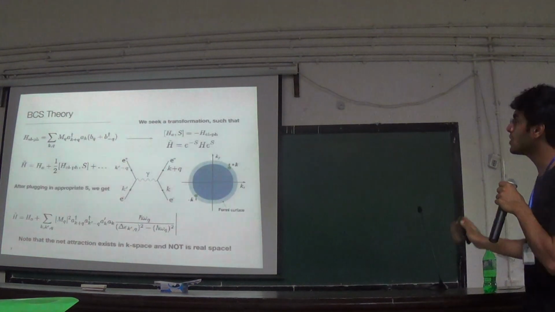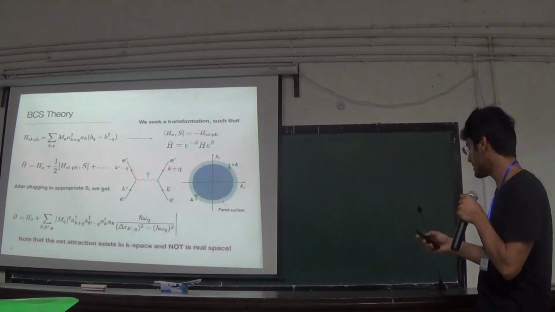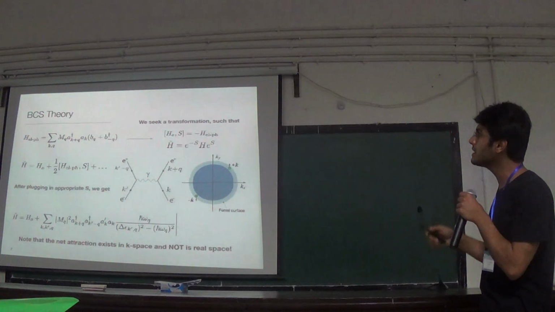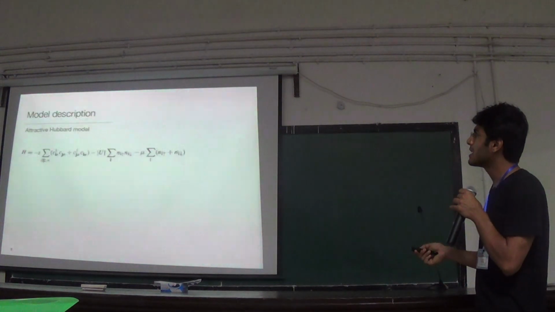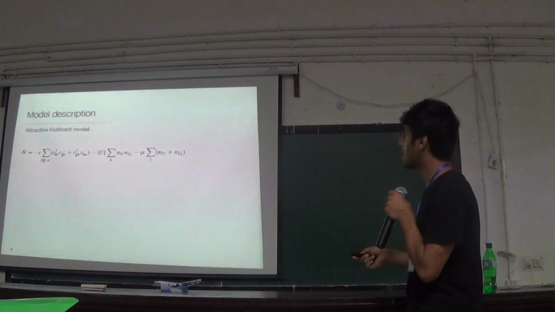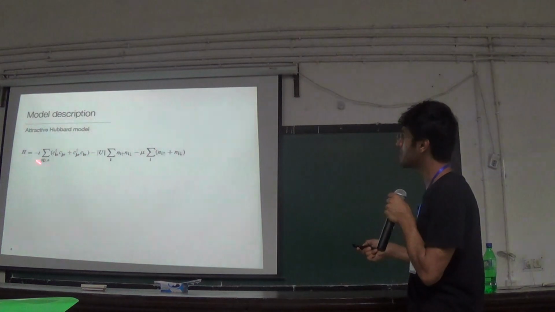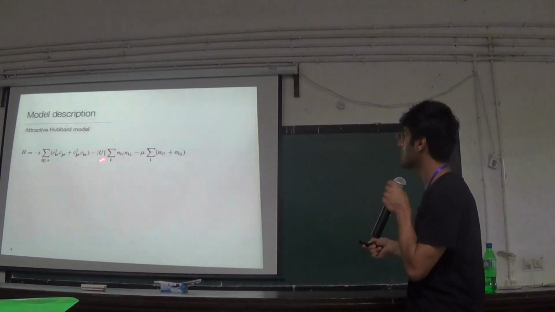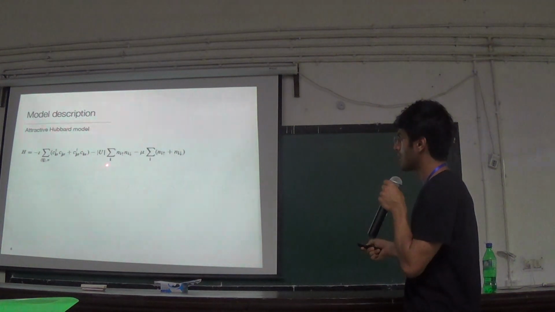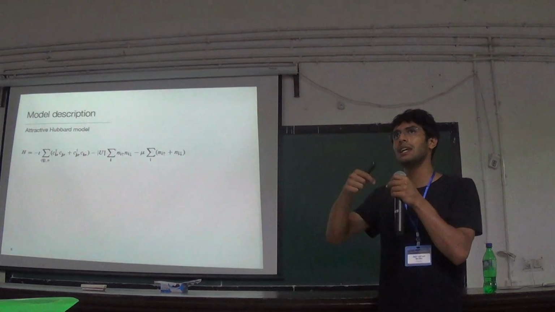Okay. This is the actual theory that BCS wrote. So it gets really complicated and messy. So instead of that, to get the exact results, there's a model description also that you can take, which is starting with the Hubbard model, but doing some changes to it. This one is just the usual hopping term. This one we heard, it says that there's a negative energy contribution from two electrons being at the same site.